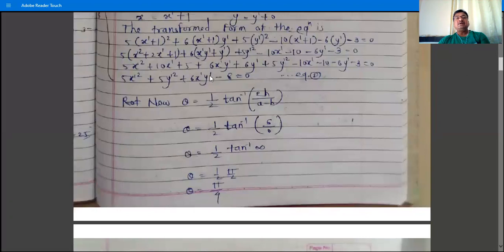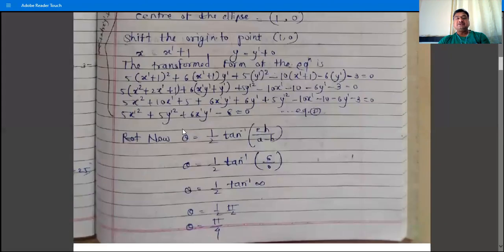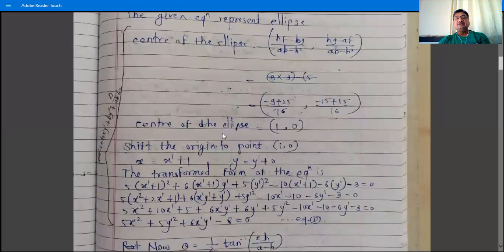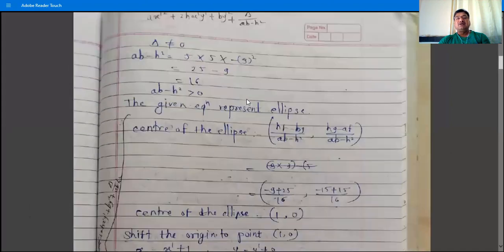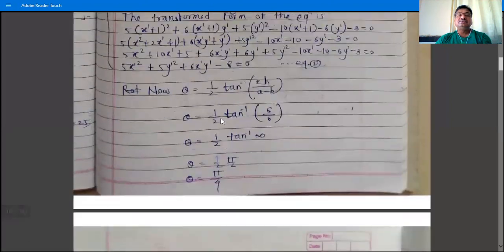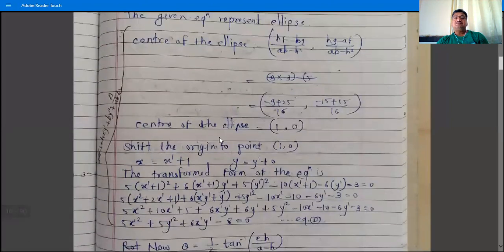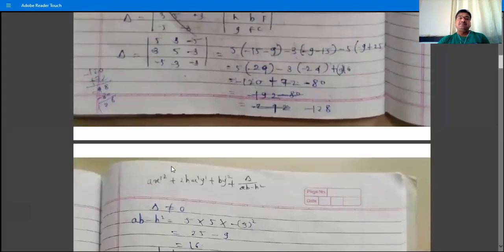So in the next problem, we will apply the second method to obtain the equation, that is, the finding of the center of the ellipse. Or, in all this calculation, we can apply the direct formula and obtain this equation number 2. Okay, in the next example. So either use this method, that is, find the center of the conic and shift the origin to the center of the conic and then find the transformed form, or apply the direct formula of this.